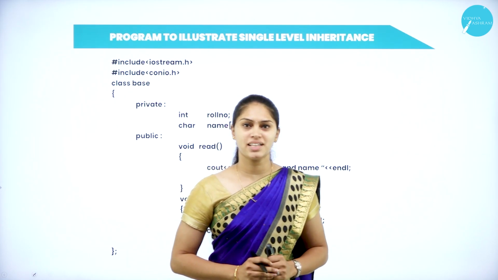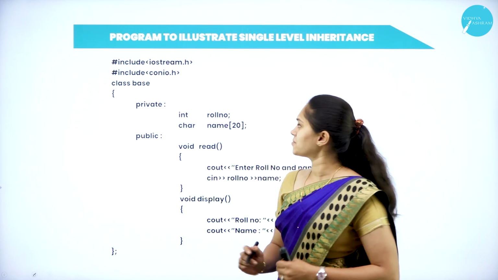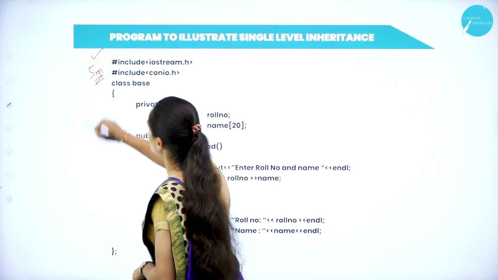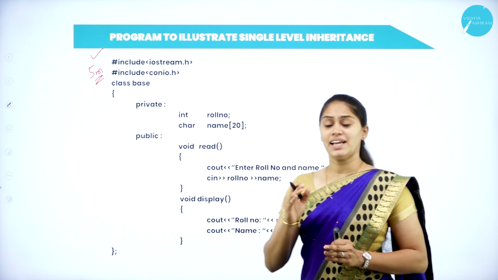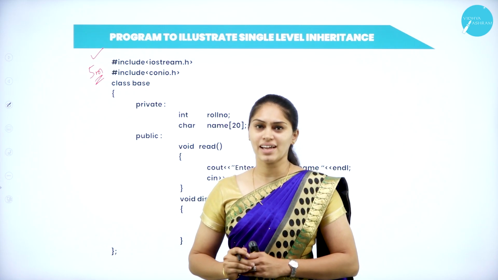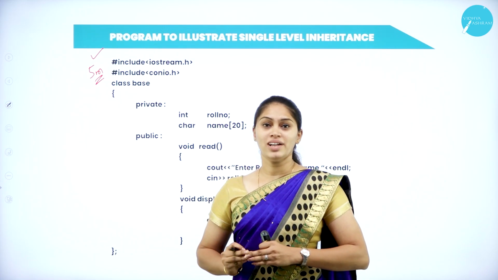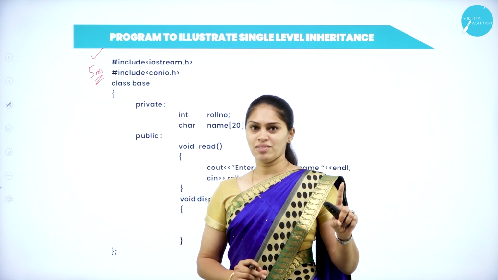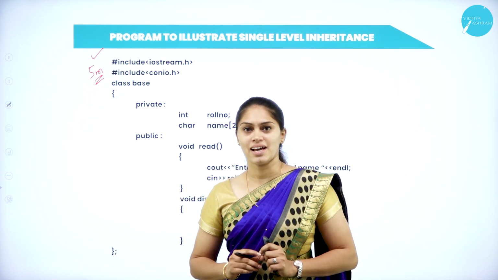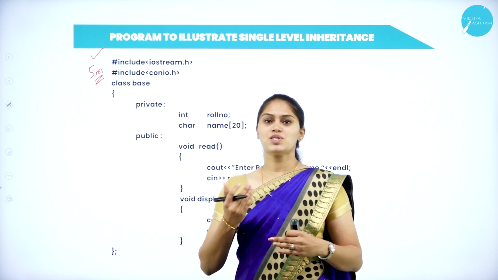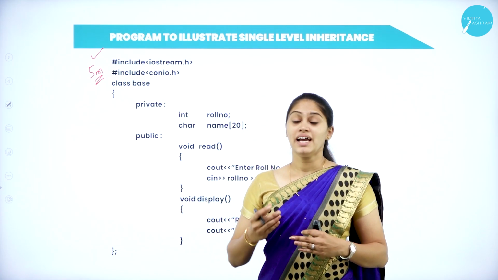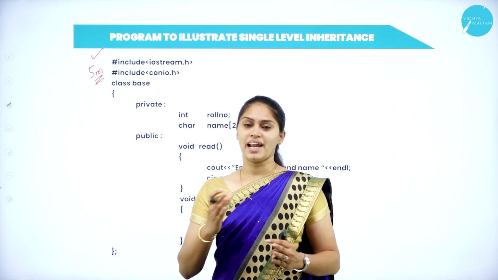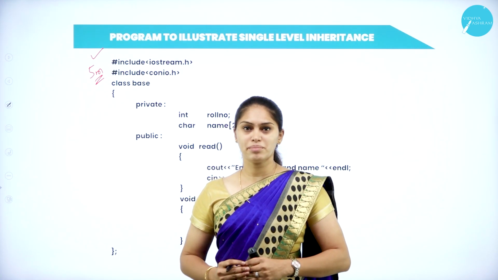You can expect this question for 5 marks. It is important for 5 marks. Here you have to analyze one thing. If it is single level inheritance, then there must be only 2 classes. Which are the 2 classes that I must have? There must be only one base class and one derived class. The base class will have its own characteristics, that means its attributes along with the behaviors, which represent the data members as well as the member functions.